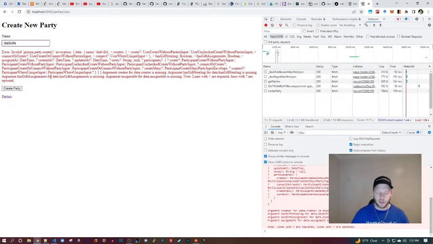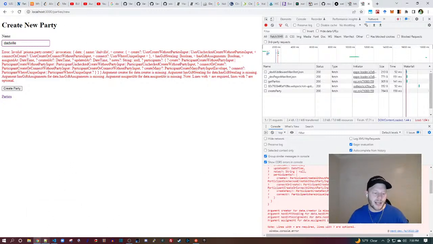So all of the required fields are missing. We can see in my console. This is missing. This is missing. This is missing. All right, so this create a party page, we need to basically fix the form. I'm not super sure that I want to do that right now. Okay, we'll see if I can do it really quickly. So look at the URL.